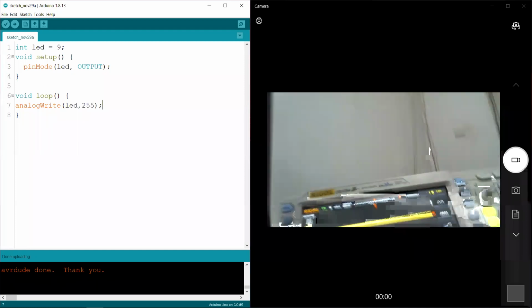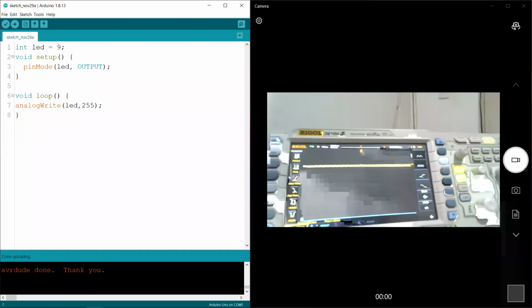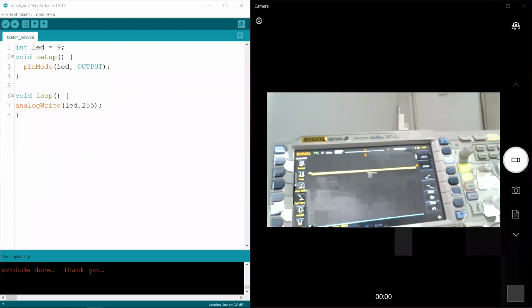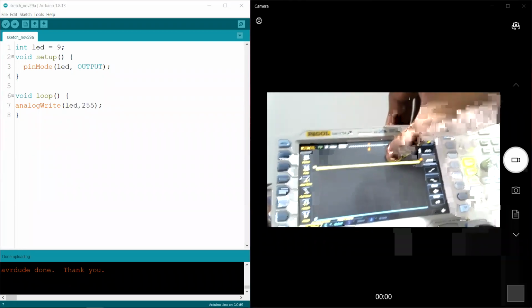The waveform does not look as nice as before, but see, we have the 5 volts there.